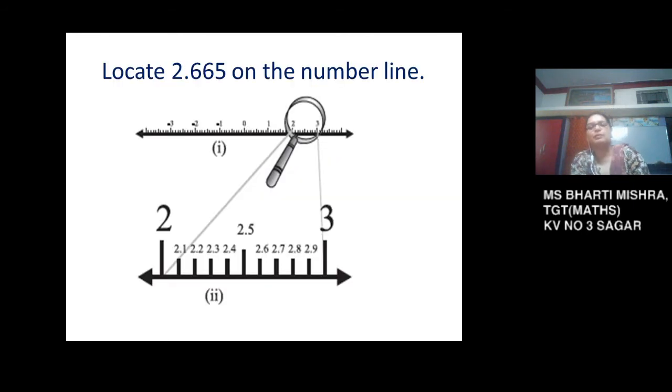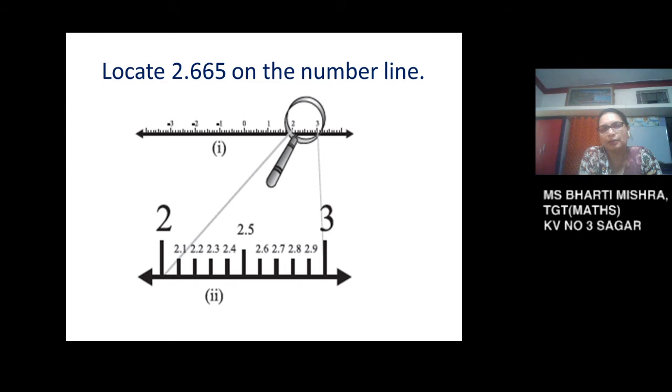For example, we want to locate 2.665 on the number line. Now this is the magnification method. Everyone knows the use of a magnifying glass. Magnifying glass is used to find the numbers in between, that is in the enlarged view. As you know, 2.665, see, just if you go in the flashback in your class 6th, we had the decimals chapter, and that we used to write that particular decimal number lies in between which two numbers.